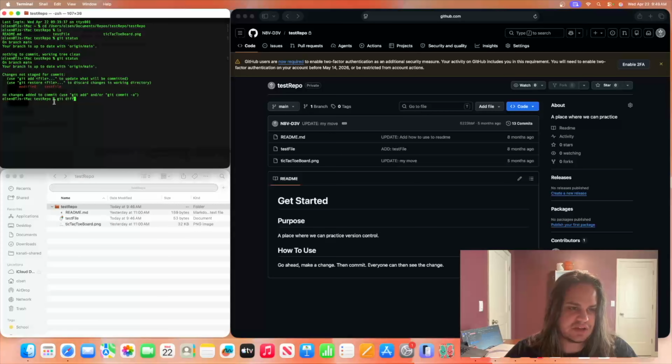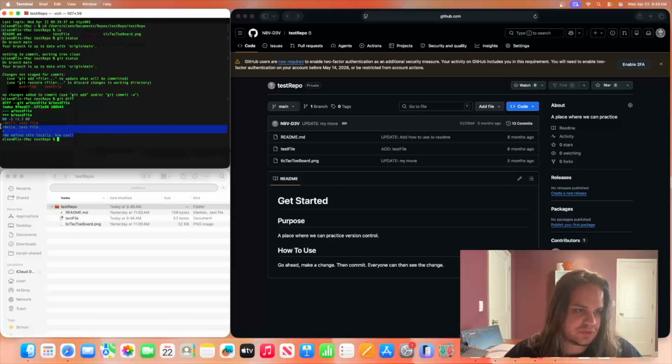And so I'm going to type that in, git diff, D-I-F-F, and let's see, because in the last video we changed test file, so now let's figure out what in test file has changed. Okay, so now we can see that we removed lines and added lines. That's what the minus means, removed, plus means added to test file. And here we can see what those changes were. So everything here in red with the minus is what we removed, and everything here in green with the plus, sorry, I know there's a lot of green, but specifically these ones with the plus sign are the ones that